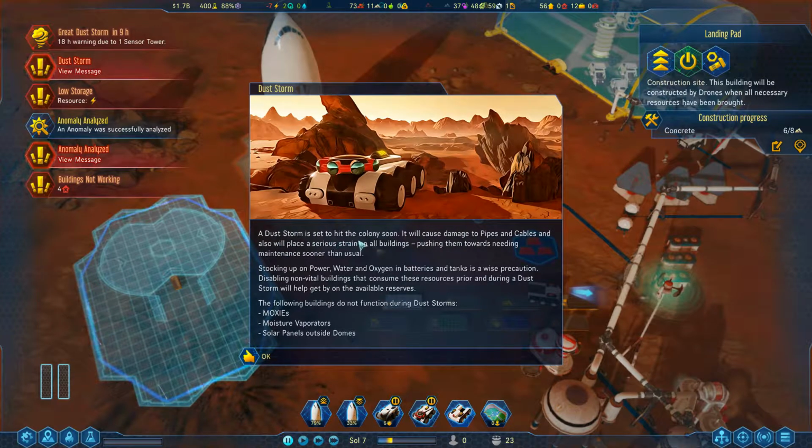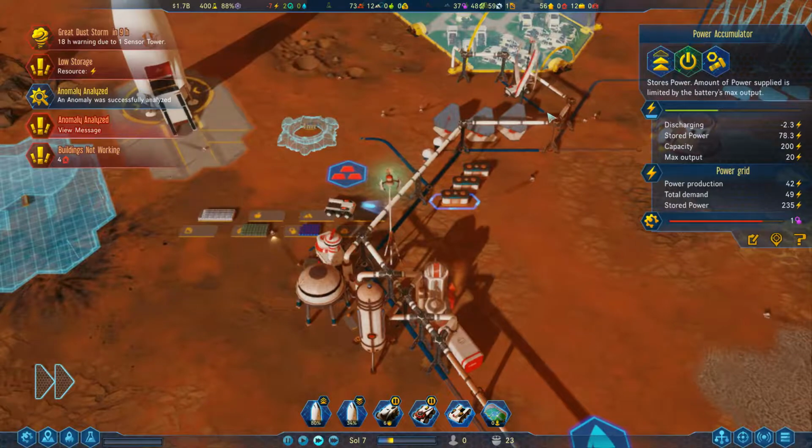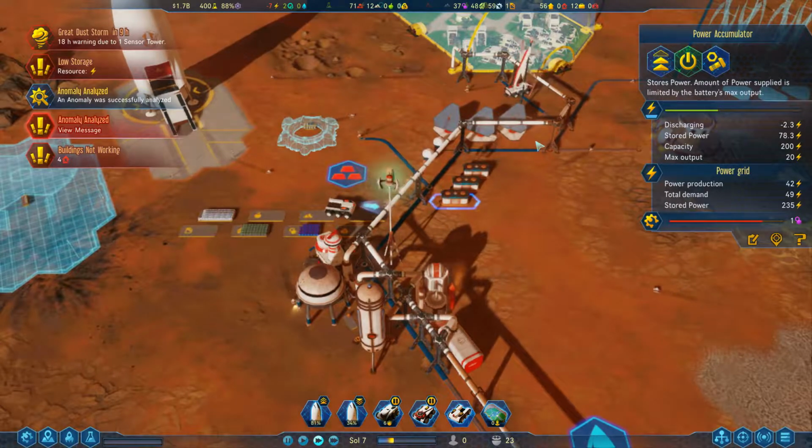A dust storm is set to hit the colony soon. It will cause damage to pipes, cables, and will also place serious strain on all your buildings. Maintenance. Stocking up power, water, and oxygen in batteries, tanks, and...